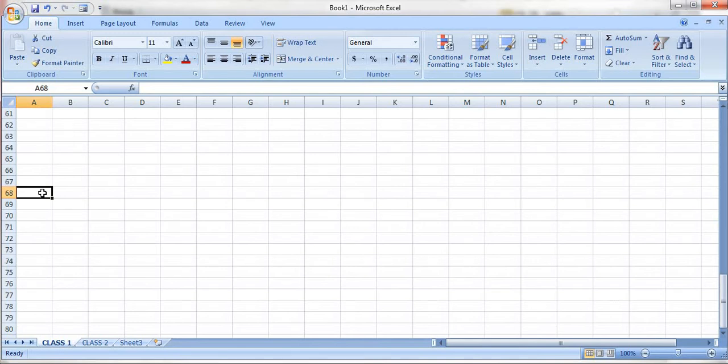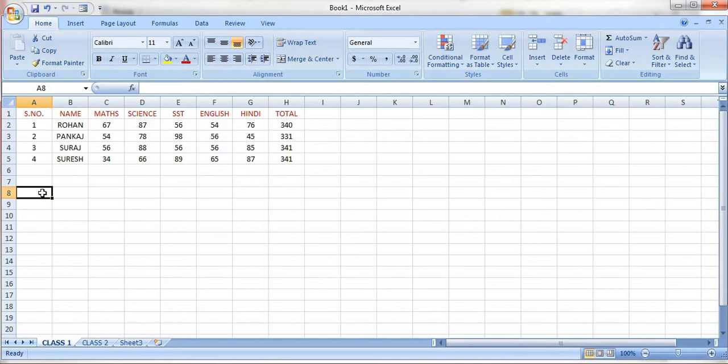Again, 68, meaning 20 rows it is switching each time. Now I press Page Up from 68, it moves to 48. Again Page Up from 48 to 28, like this. So Page Up, Page Down, and Control Home. I hope you understood, right?